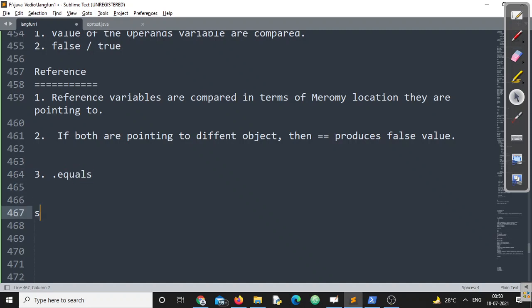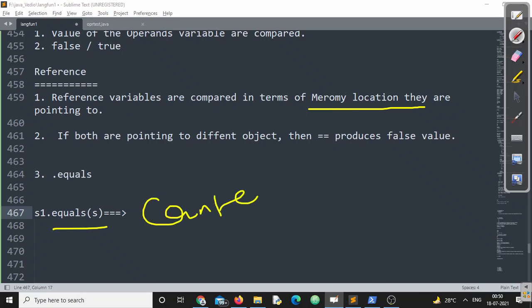We can use S1 dot equals S. Now here reference variables are not compared in terms of referring object or memory location. Rather, they are compared in terms of content. That means if I compare like this for S1 and S, I will definitely get a true value, right?